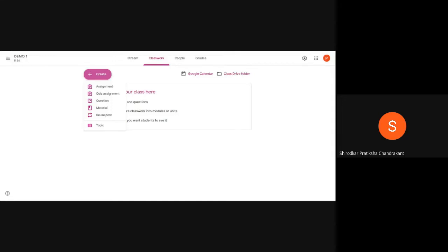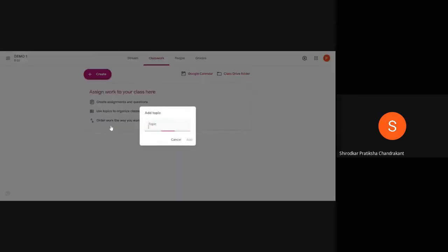So in order to create topics in our classroom, we need to use the last option in the create menu. When you click on topics, you will get this particular tab wherein it will ask you to type a name of the topic. Like as teachers, suppose I'm teaching a particular subject. In that subject, in the syllabus, we have several units.